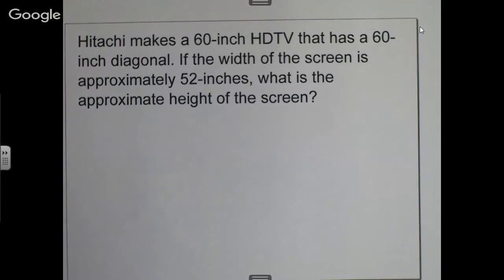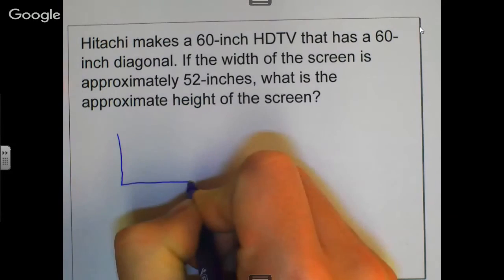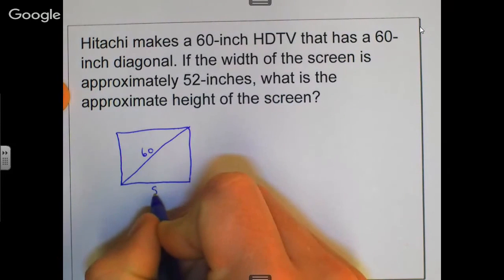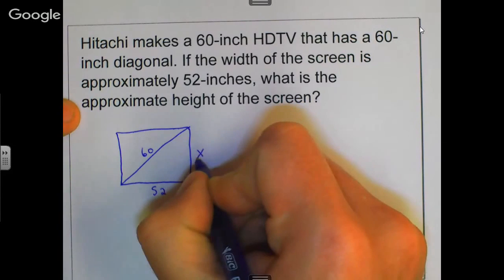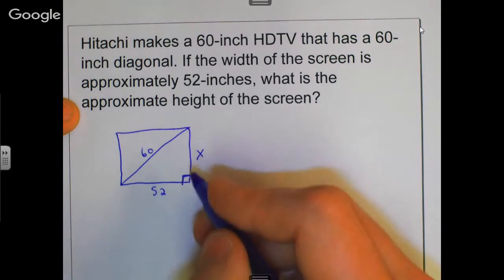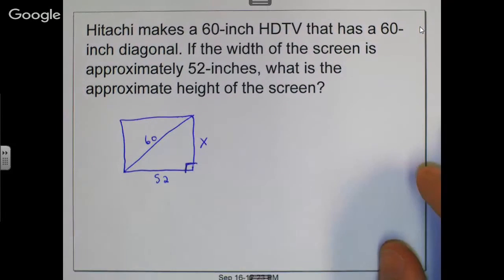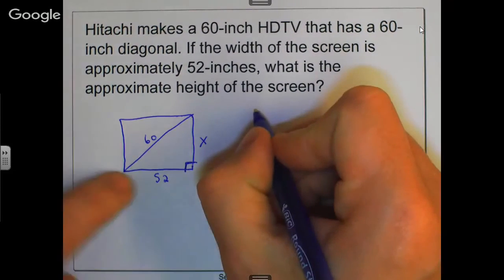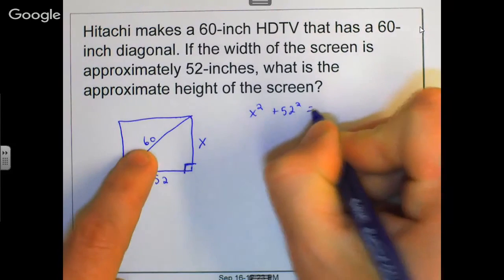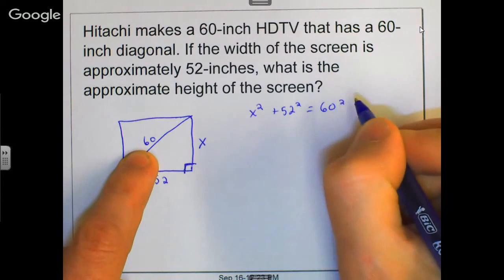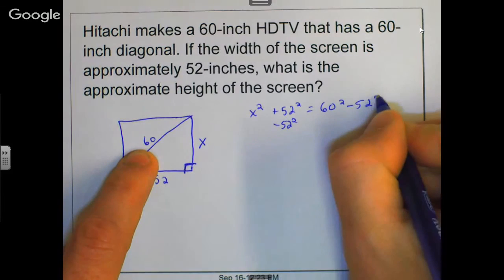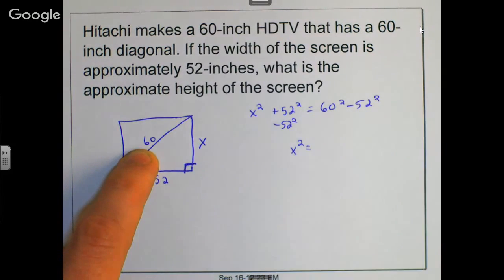Hitachi makes a 60-inch HD TV that has a 60-inch diagonal. If the width of the screen is 52 inches, what is the approximate height of the screen? So this is a basic geometry problem here. Okay, a lot of times pictures make things easier, but it is a quadratic equation. We will use the Pythagorean theorem, and we'll say x squared plus 52 squared equals 60 squared. Okay, so minus 52 squared, minus 52 squared. So x squared equals